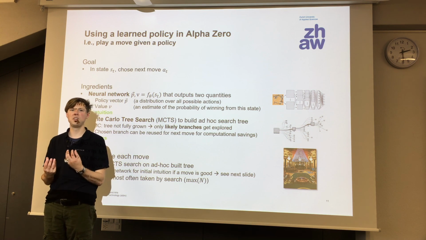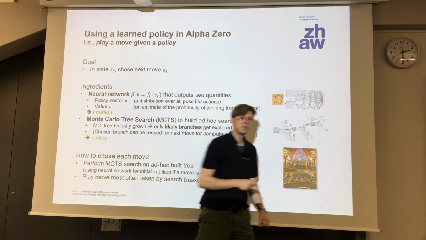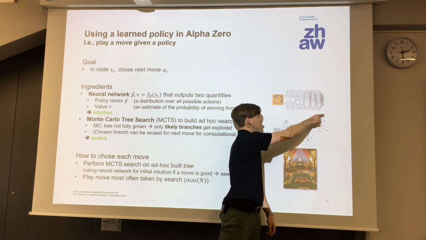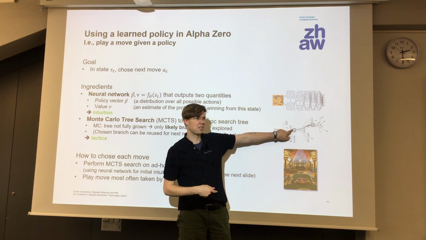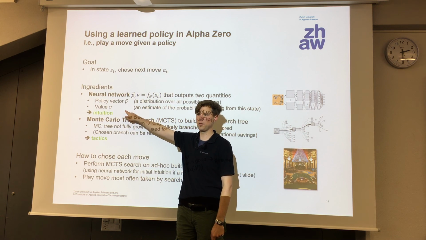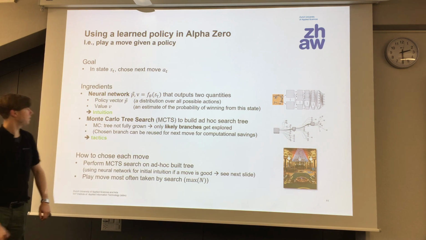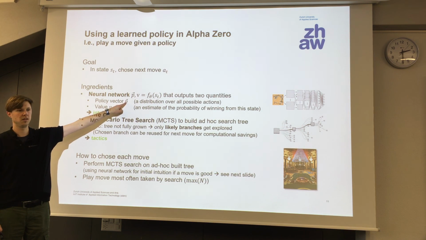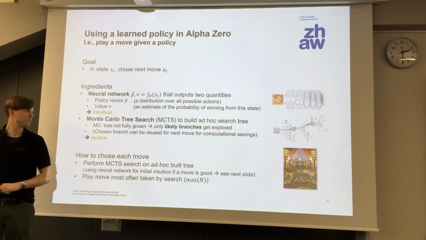That tells you somehow how desirable is it to be in that state. If you imagine this tree search kind of thing, when you're here and you want to know, is it a good state, should I plan ahead from here or should I go to another branch, it's important to know how valuable is that state compared to this state. For this, you do not need the distribution about the actions, but you need an estimate of the value. How probable is it for me to win here? So imagine we have that. We have a neural network, it gives you for every possible state an estimate of the probabilities of the actions, and an estimate of the value, probability of winning. That gives you the intuition.